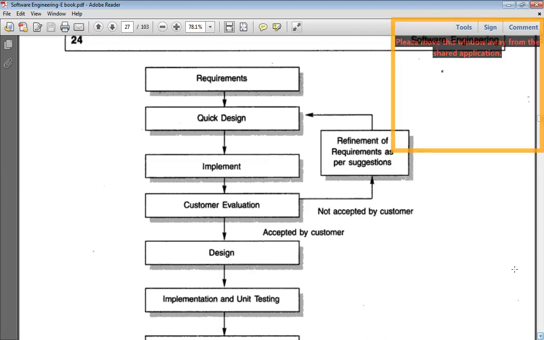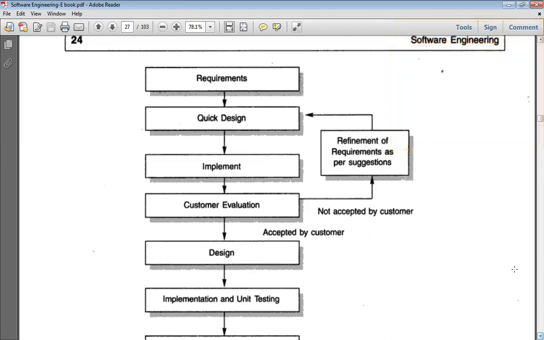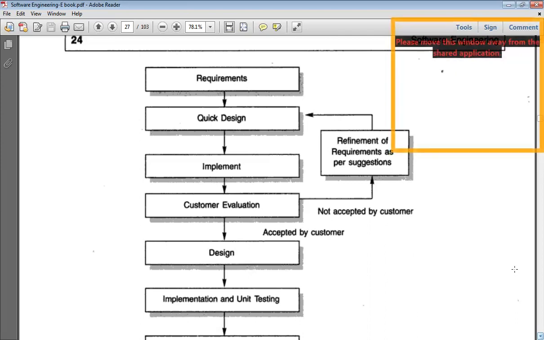If the customer accepts the prototype, then we shall upgrade our design considering a few more requirements, and if it is not accepted by the customer, then we send it back. We again perform the process of requirement and quick design as per suggestion,